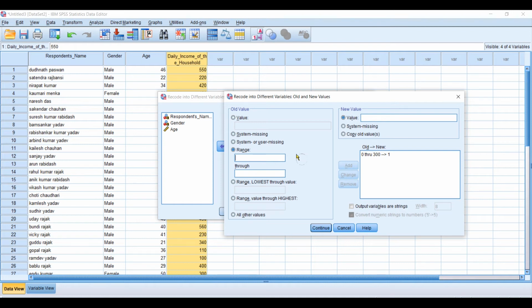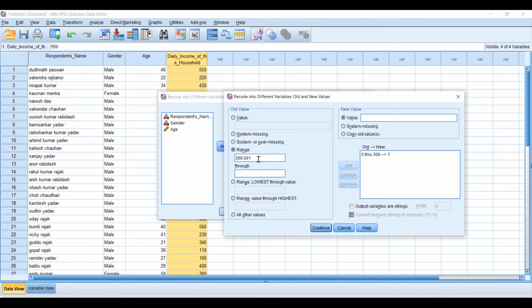Okay, so one important thing here is that you need to be careful when you are adding your second range, when you have added 0 to 300 before. So your next range should start from either 301 or 300.001. Why? Because in order to avoid duplicacy, in case you write 300 again here, it means that the 300 will be counted in the previous range as well as in your current range.